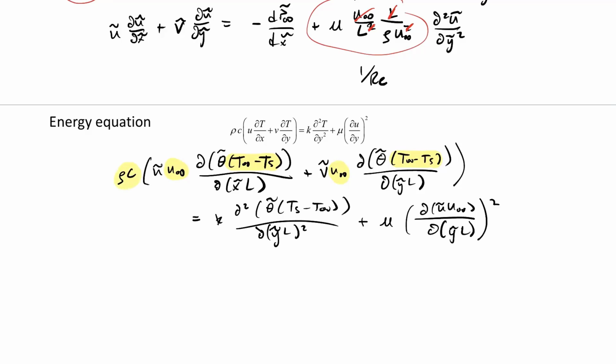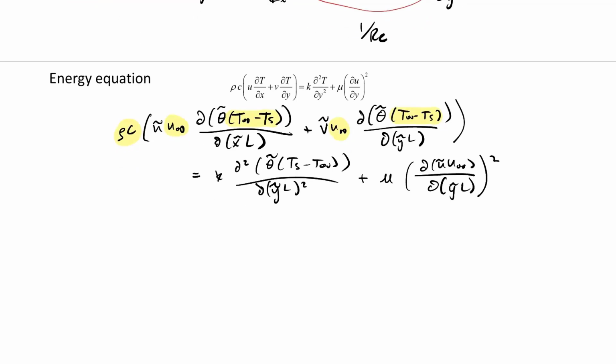So we're going to divide the whole equation by rho C U infinity (T infinity minus TS). We are left with the following: U tilde d theta tilde dx tilde plus V tilde d theta tilde dy tilde is equal to